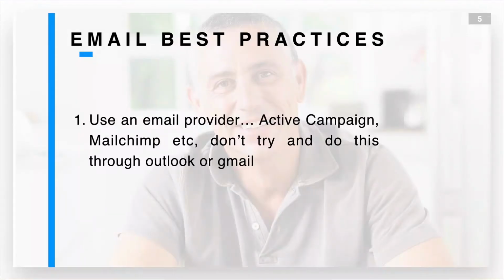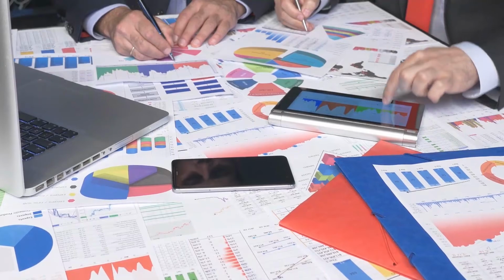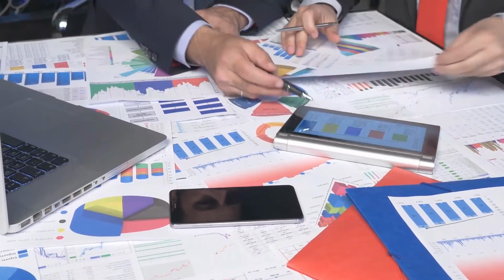Okay. Best practices. Let's get into this. First thing is that you need to be using an email service provider. Okay, you don't do this from Gmail or Outlook or Hotmail, any of those kind of things as well. It's not going to allow you to do some of the specific things that we want to do in terms of measuring our open rates, seeing who's engaging with our content, and what emails they like better than the other ones as well.